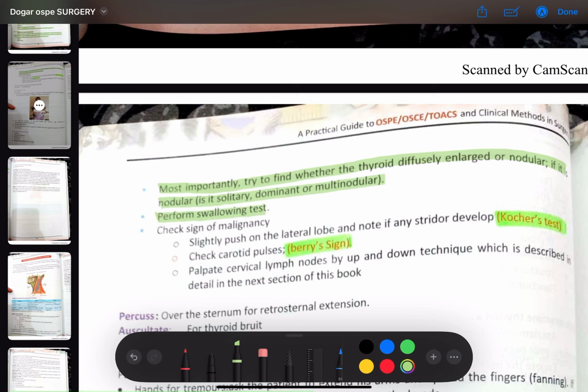Perform the swallowing test. Check for signs of malignancy. Slightly push on the lateral lobe and note if any stridor develops; that is Kocher's test. Then check the carotid pulses; that is Berry's sign. Then palpate the cervical lymph nodes by the up and down technique, which is described in detail in the next section